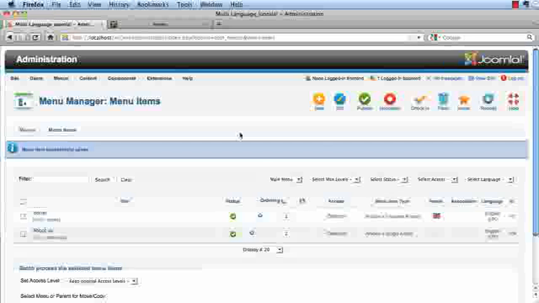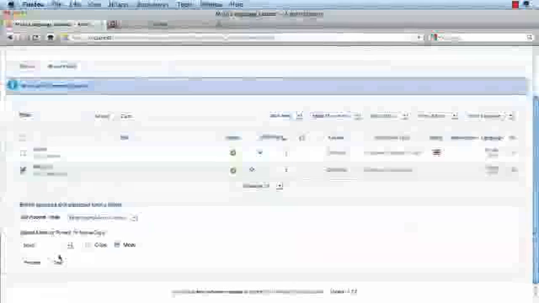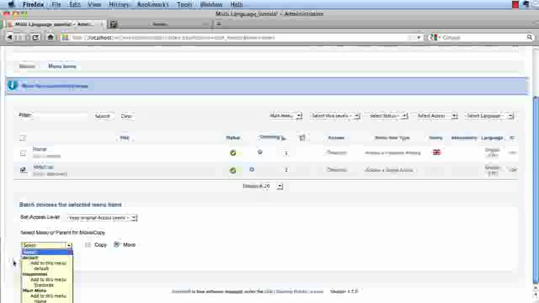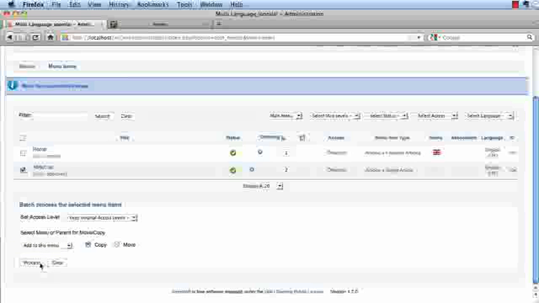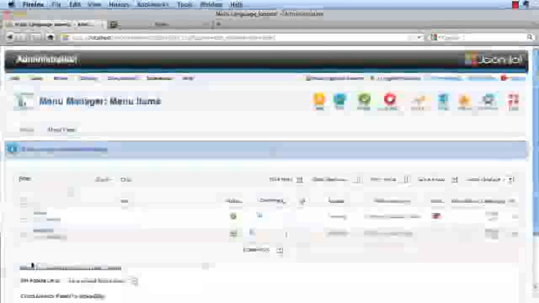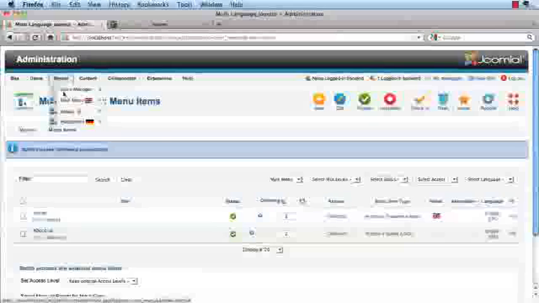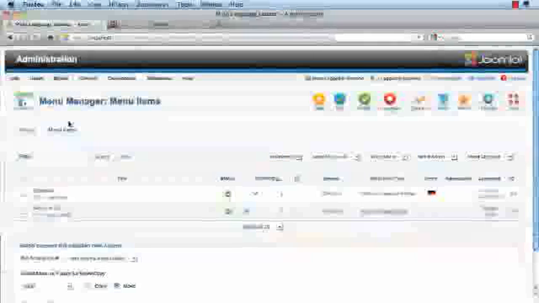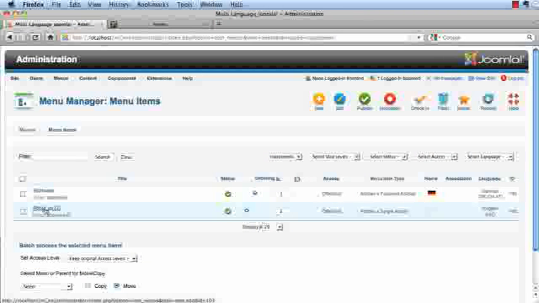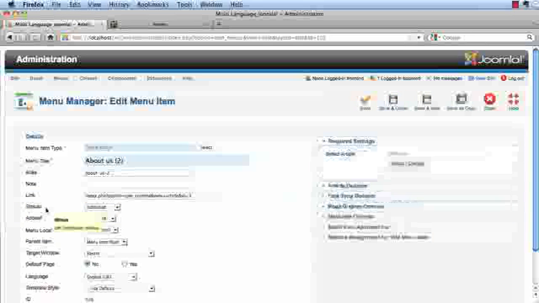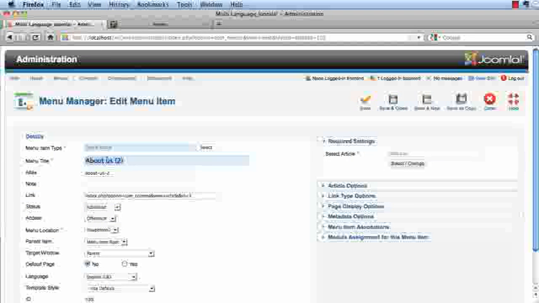Okay, save and close, and I want to have this link in the German Hauptmenü, and I copy it, process, and I hope it will work. So I have to go to the German Hauptmenü. Yeah, and here's the copy of about us, and I have to change the title to über uns